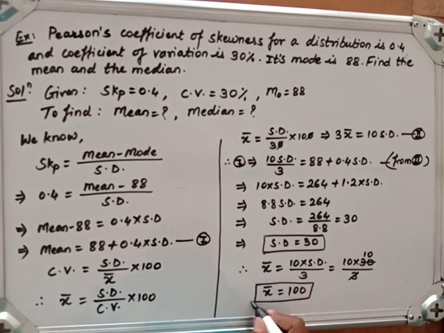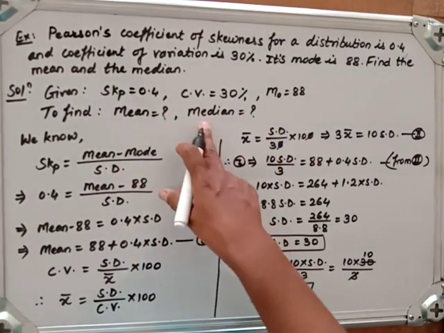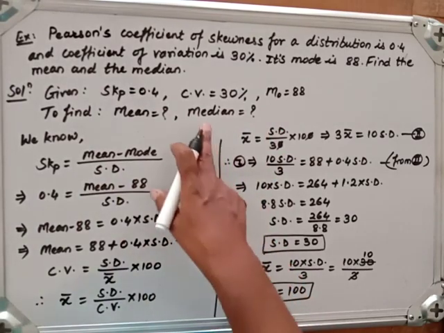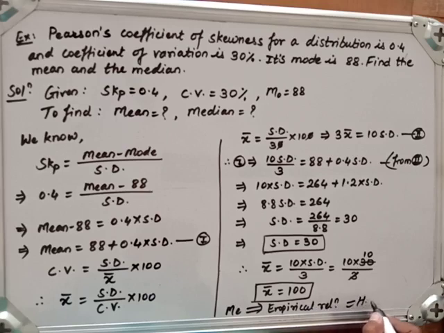Now the calculation of median. Once we get mean, here we have mode. So calculation of median you can do using empirical relation. That part let me give as a homework to you. So median you can easily calculate. Already in the previous example we have taken it. Let me give this hint just. Using empirical relation you can find it. This is a homework to you. Do it for median.